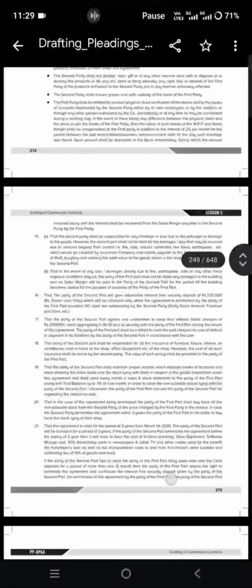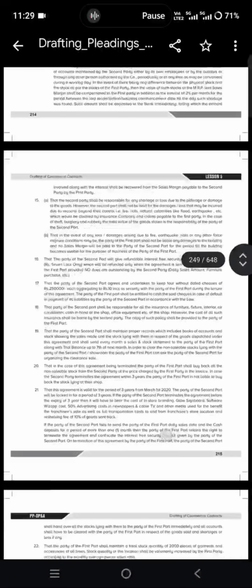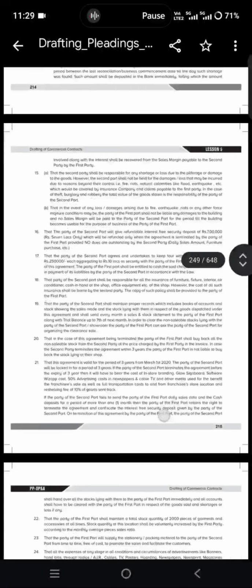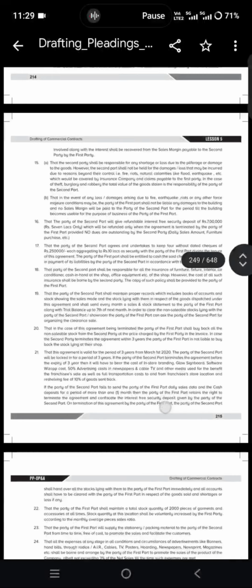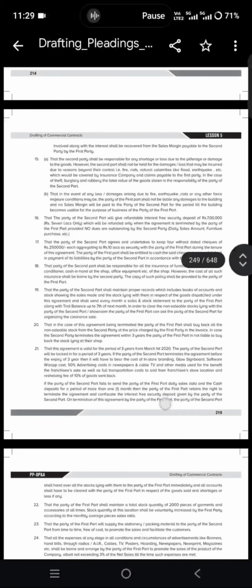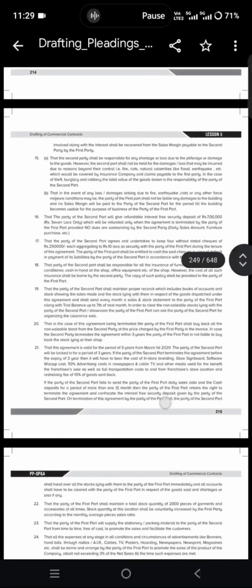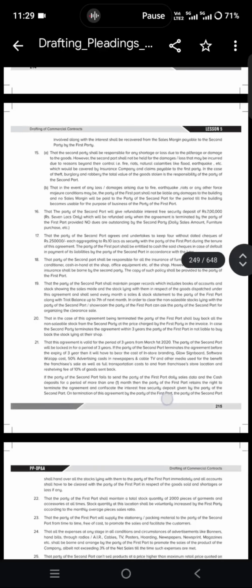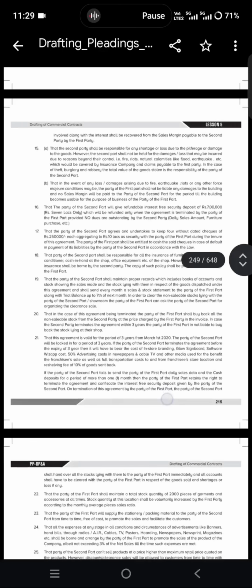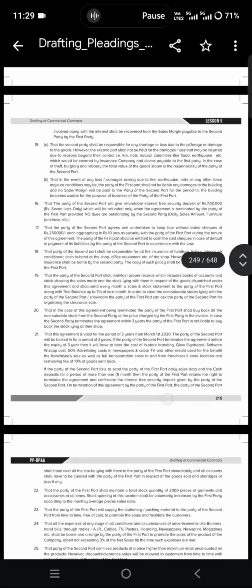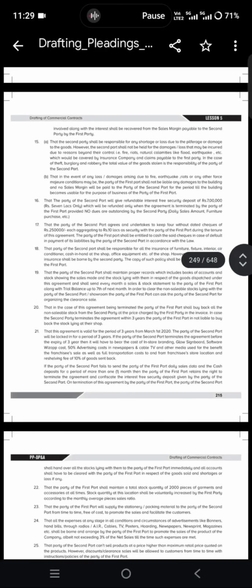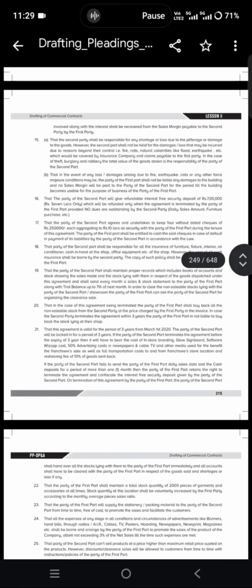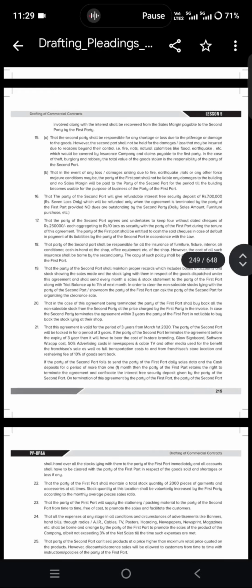And the receiving party may disclose the info on a need to know basis only. Means only when required, only then should they share the information. Need to know basis: if no need arises, should not share, simply. And confidential information, however, shall not include any info if the info is in the public domain, or was already in its possession, free of any such restriction. Means no restrictions, you can use it however you want.